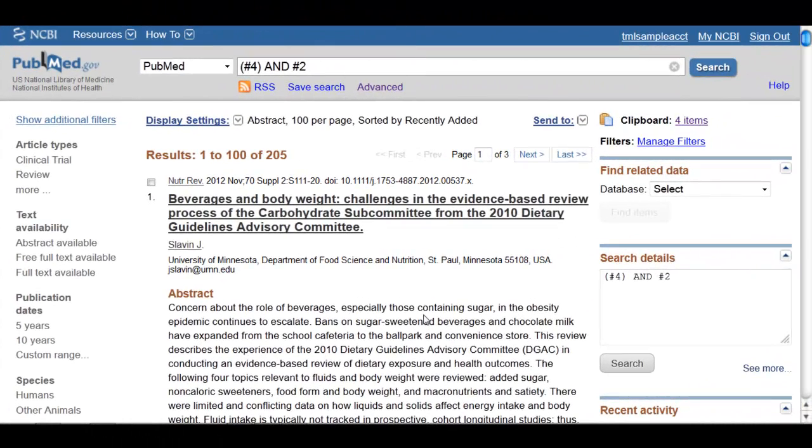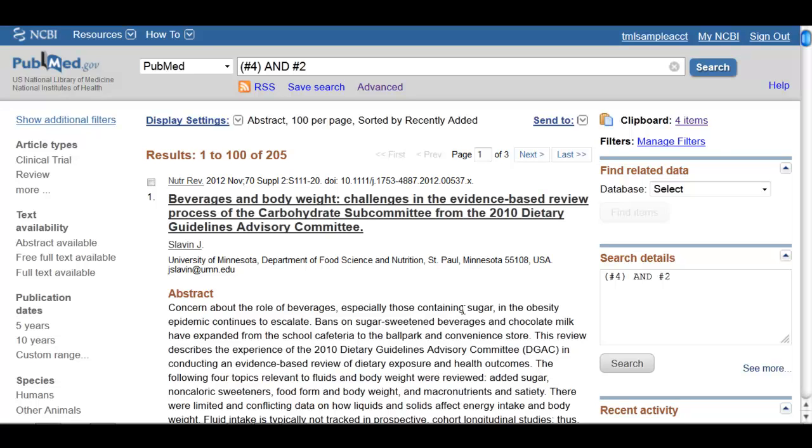In this video, I'm going to show you how to save a search once you have done a good search and you're happy with it. I will also show you how to set up a search alert if you should so choose to use one. The first step anytime that you are saving a search is you need to create a